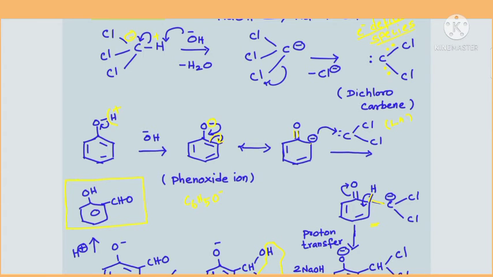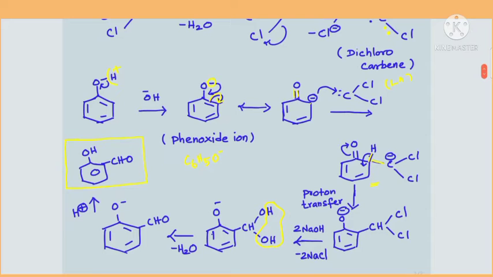Now what will happen is there is a transfer of proton. This bond pair moves inside the benzene ring, so that it becomes a normal benzene ring. By the time one of the bonds moves to the oxygen atom, it becomes a single bond, O minus, isn't it? When this bond moves inside the benzene ring, this hydrogen will come out as H plus ion. Now this H plus ion will be transferred to the C minus carbon, so that C minus plus H plus becomes neutral, so it becomes CH, and it already carries two chlorine atoms.